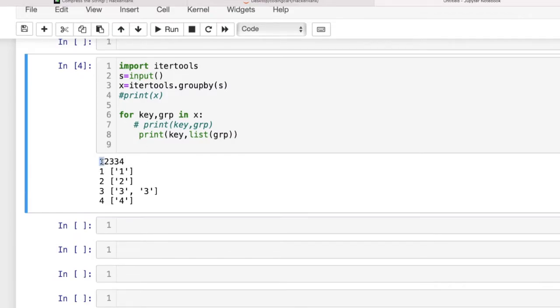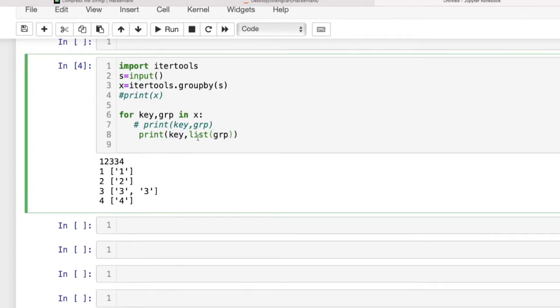This is the key 1 which is present only one time. This is 2, my key is 2 and the value is only 1. It means it is grouping the value which is only 1. Next key is 3 and it is present 2 times, so it is returning the list of the group which is 2 times 3. Last key is 4 and it is present only one time, so it is returning a list of only one value. So it is working fine.